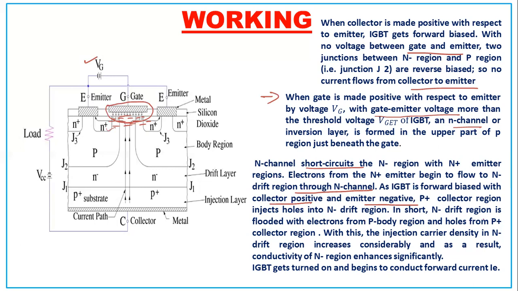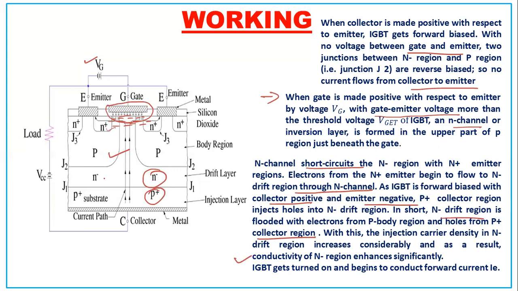In short, the N minus drift region is flooded with electrons from the P body region and holes from the P plus collector region. With this injection, carrier density in the N minus region increases considerably, and as a result, conduction of the N minus region enhances significantly. So what is happening? This is the N minus drift region, flooded with electrons from the P body region and holes from the P plus collector region. So as a result of that, there will be a higher injection of